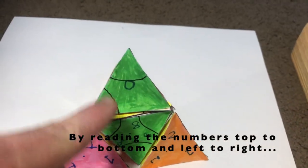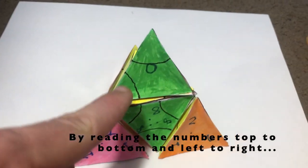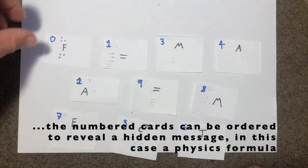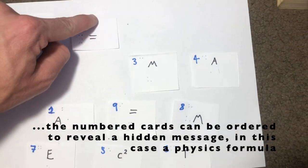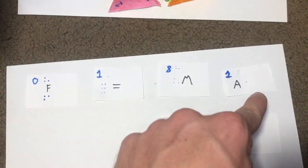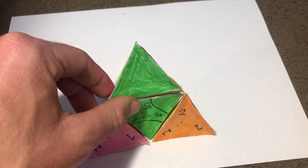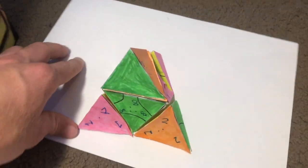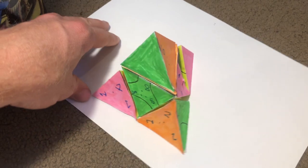By reading top to bottom and left to right, we can see 0, 1, 8, and 2. By organising these numbers 0, 1, 8, and 2, we reveal the first hidden message, F equals MA. By interchanging the top 2 pieces to form the second unique solution, we have another message. As you can see, these 2 sides do not have all 4 numbers,